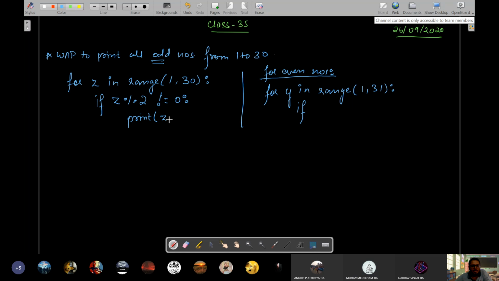Print Z is odd. Better? Okay, yes, sir. So we'll write if Z mod 2 double equals to 0, then we will print Z is even.